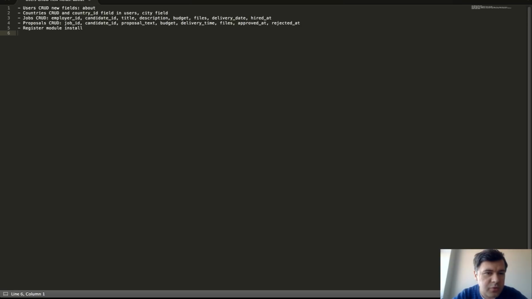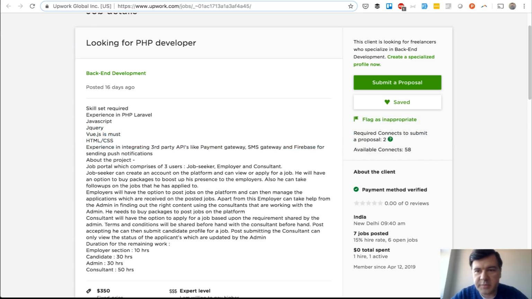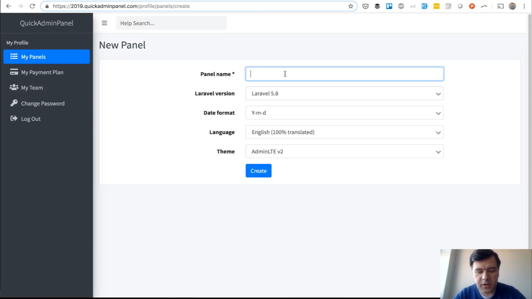You can also reuse that not only for jobs but for any marketplace. So basically I'm posting an ad for something and people are offering their services, something like that. And then we'll also need to install the register module. So let's begin. In our QuickAdminPanel, let's create a project,